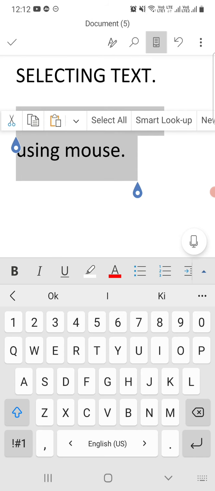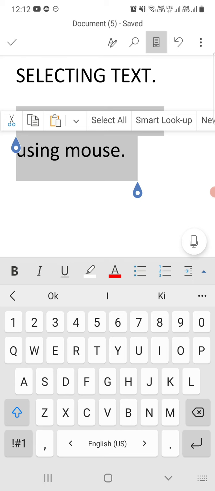Then it will show you the options, cut, copy, paste option. You can also use those options to move your text. You can cut the text and place your mouse pointer in another place and then click on that paste option. You can paste the text again, cut, copy, paste option.